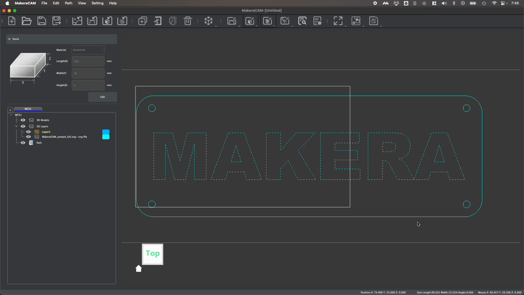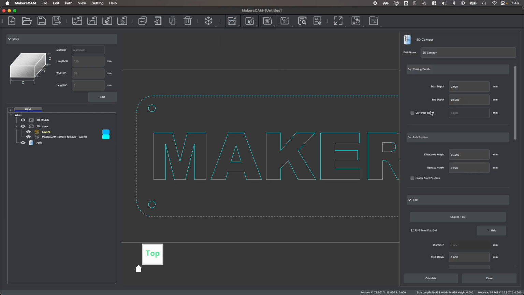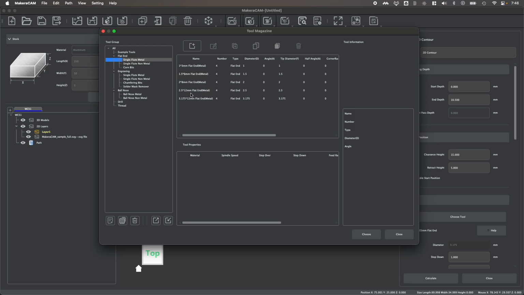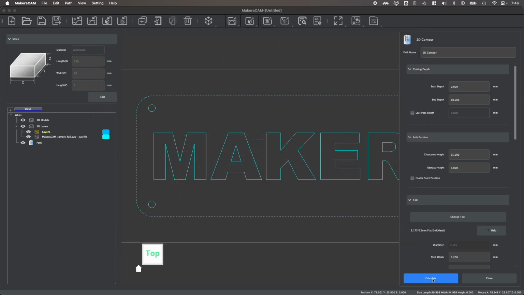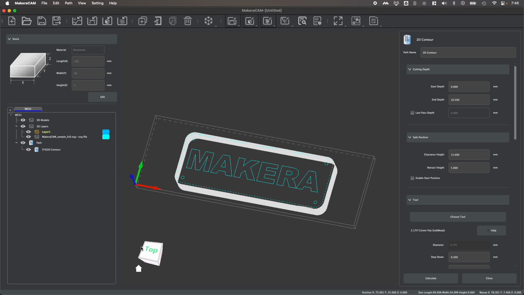After importing a 2D file like this, it's very easy to select a part of your 2D file or select the entire file, and then use your selection to create toolpaths. And we have a wide range of 2D toolpaths that you can select from this menu that we dive deeper in some other videos. For example, I can easily select something and create a contour cut for the outer perimeter of this design,